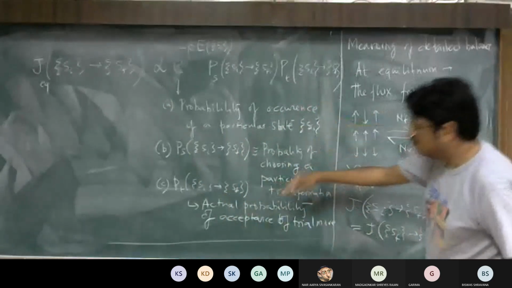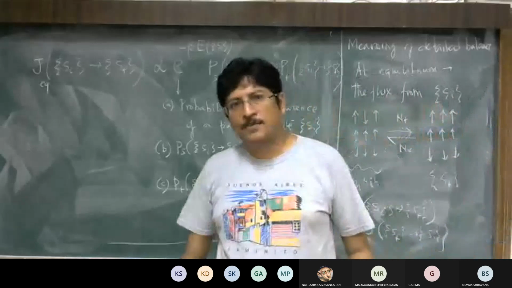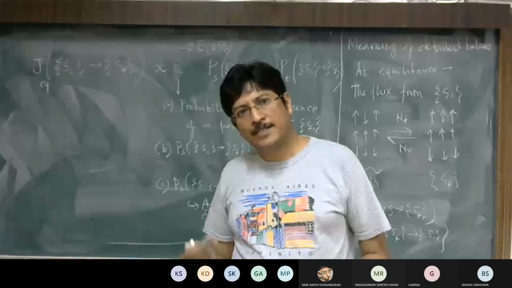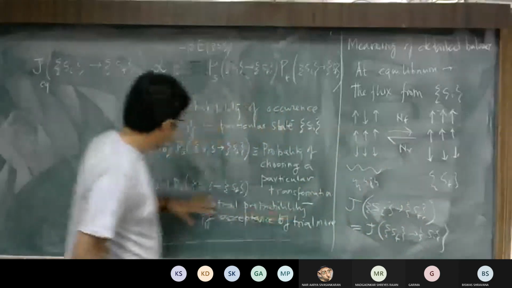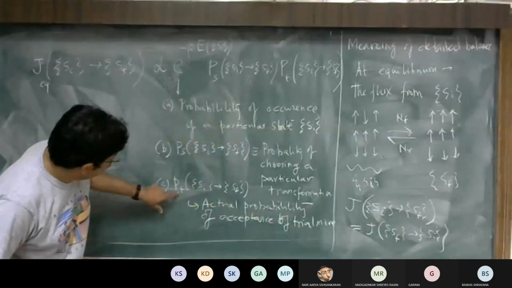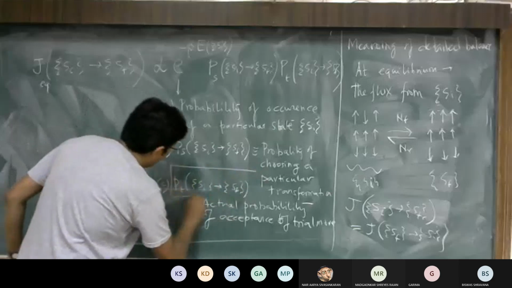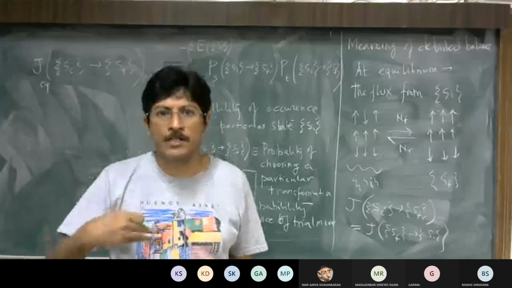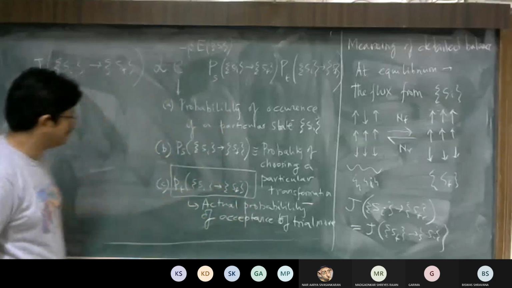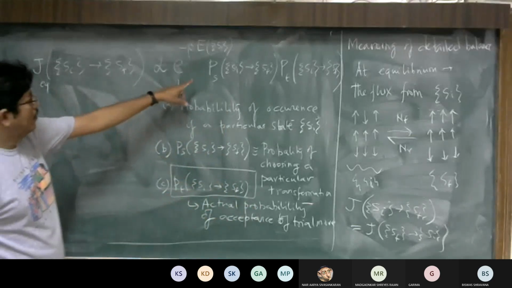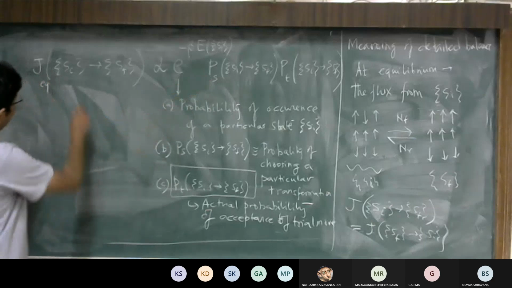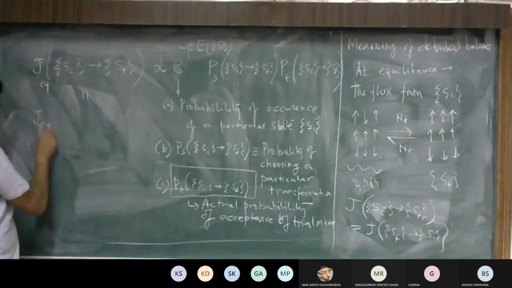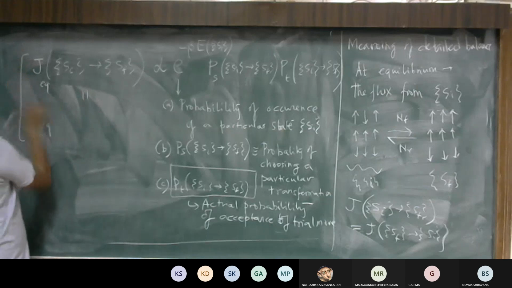So, similarly, if the final energy state was greater, then that probability corresponded to e to the power of minus beta delta E. The point I'm trying to make is that that term is equivalent to this PT, the probability of a trial move actually being accepted or a particular event actually taking place. Now, what we said was that if the system has reached equilibrium, then the condition of detailed balance implies